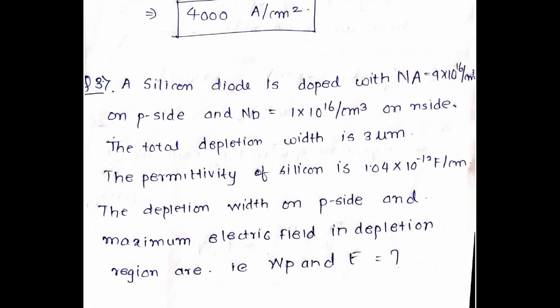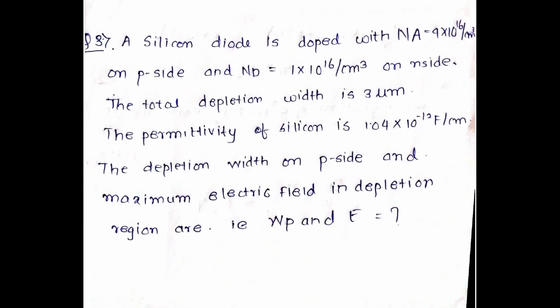Okay. Next you have a silicon diode. A silicon diode is doped with Na as 9 into 10 raised to 16 per centimeter cube on the P side and Nd as 1 into 10 raised to 16 per centimeter cube on the N side. The total depletion region width is 3 micrometers. The permittivity of silicon is given as 1.404 into 10 raised to minus 12 farads per centimeter. The depletion width on the P side and the maximum electric field in the depletion region, that is WP and E, is given as